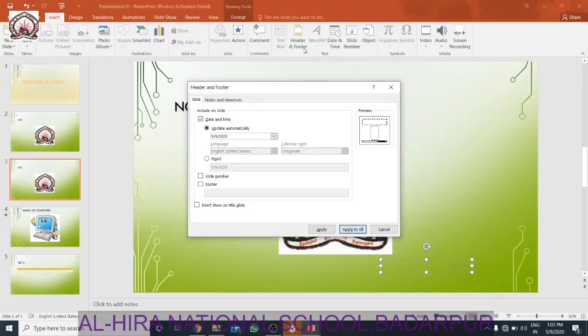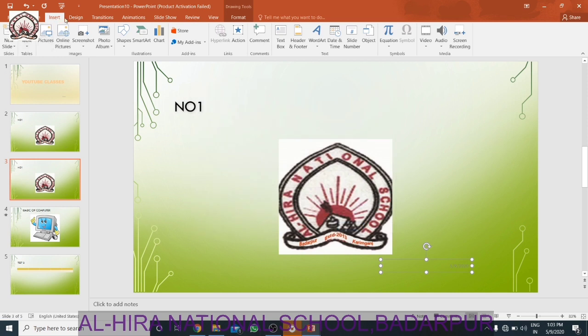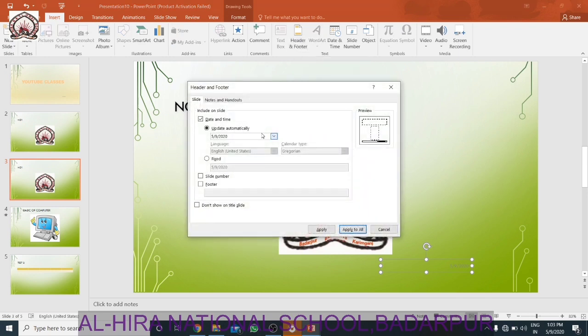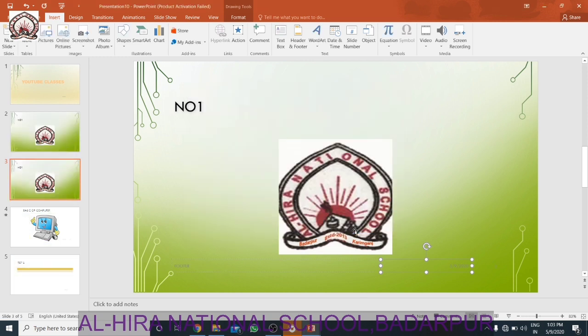So suppose you want to add the slide number. Same here, we'll click on Insert, select the slide, then go to the Text group. Under Text we will go to Header and Footer. Suppose you want to add it on the footer, meaning below, you can add the slide number. So Apply to All, you can see in all the slides.